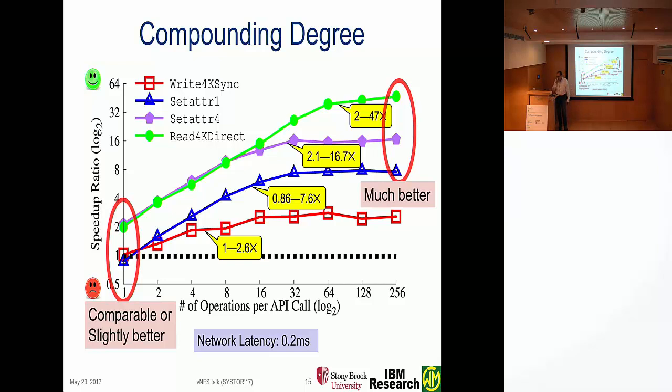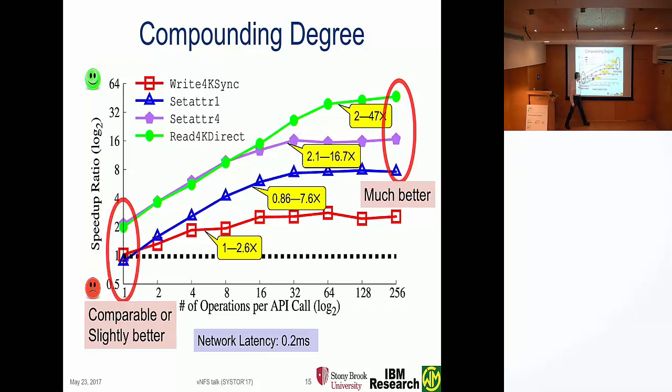There are a couple of things to note. First of all, things tend to flatten out here. And the reason is we have reached the maximum limit of the RPC message size. We can't go any bigger than that. You need to do fundamental changes to the RPC layer to allow bigger messages to go.